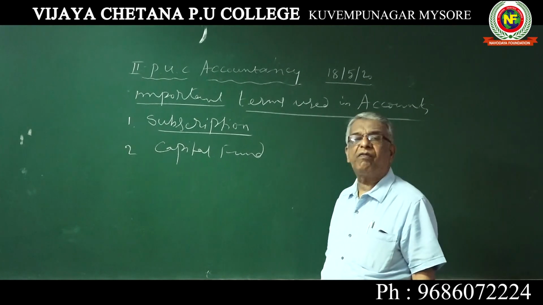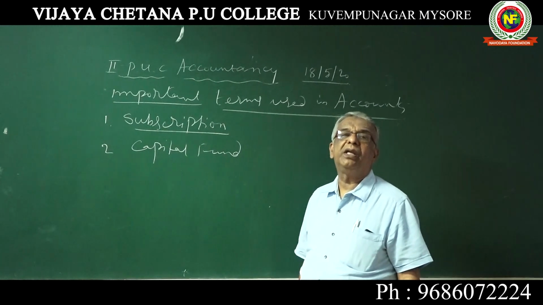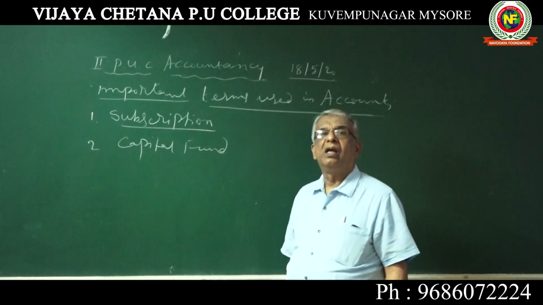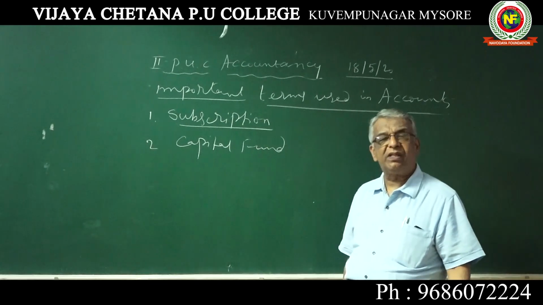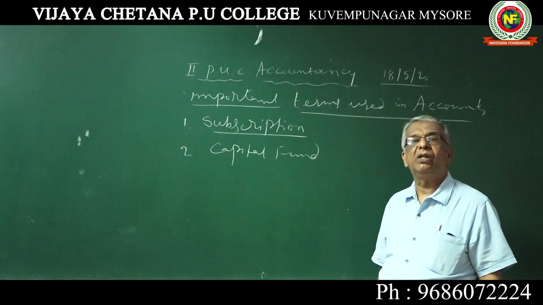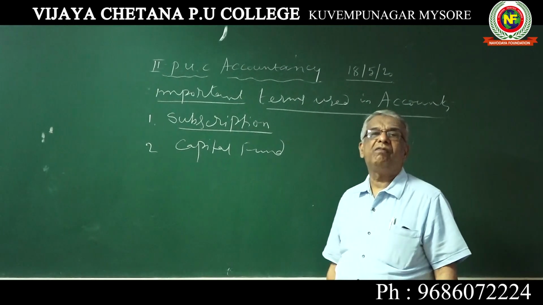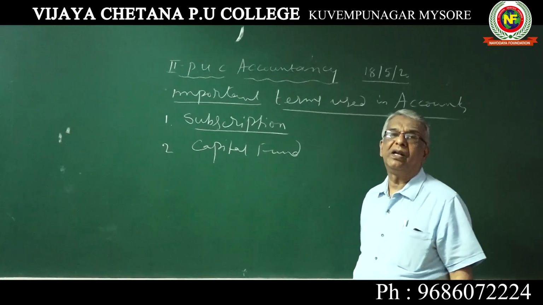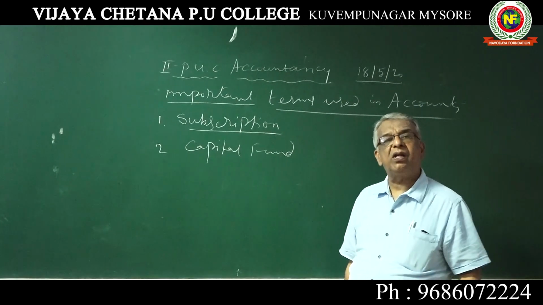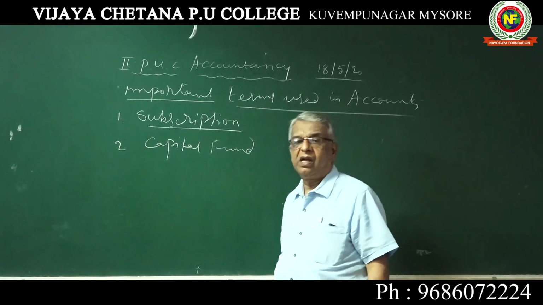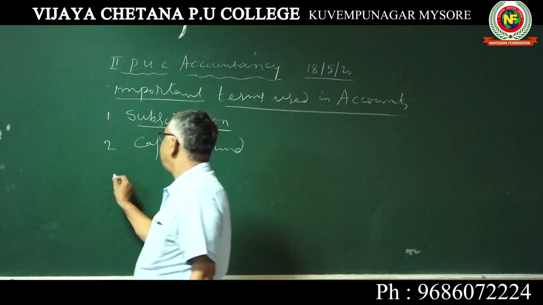To this capital fund we have to add various items such as donation received, if any capital item, entrance fees if any, legacies received, and any other fund received towards this capital fund. So we are going to add it to this capital fund. And if there is any surplus, that has to be added to the capital fund. And then the next one is